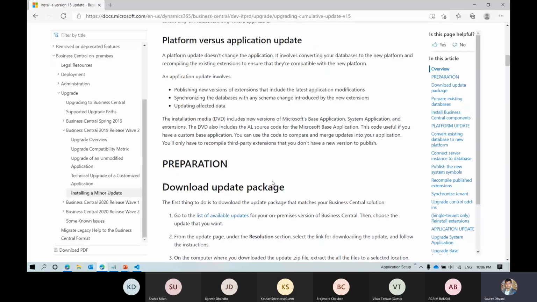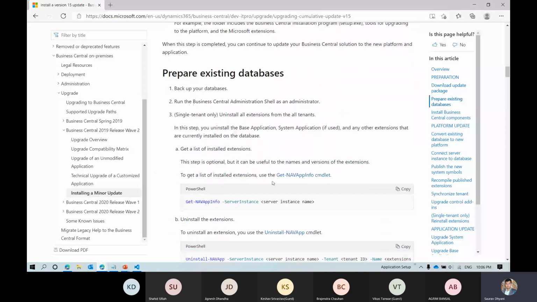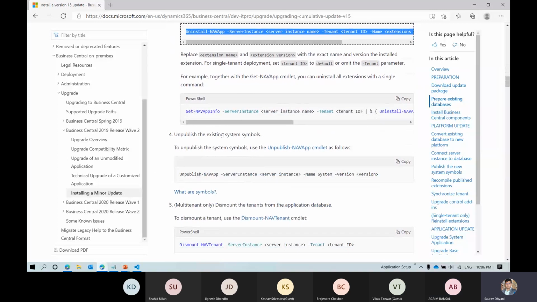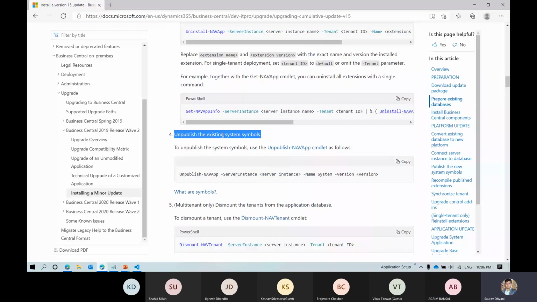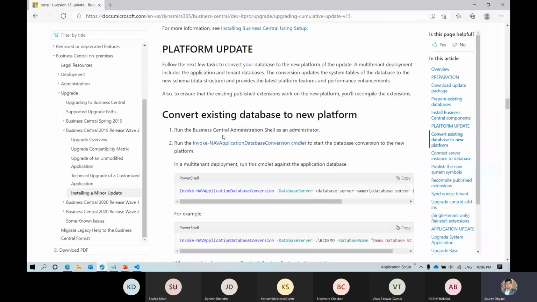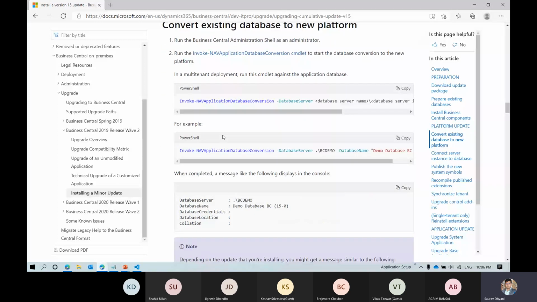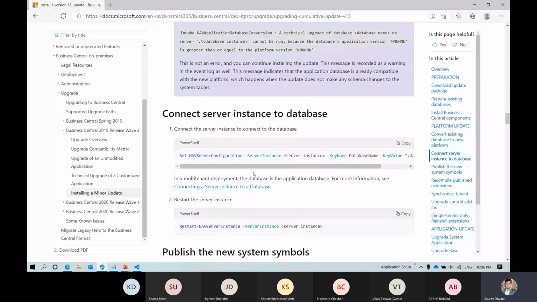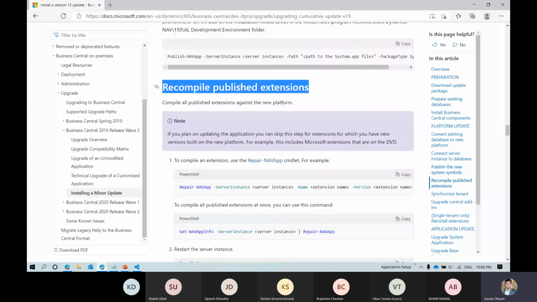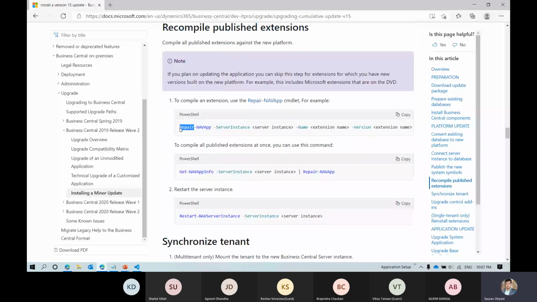Okay, so if you also followed whatever I have written or what Microsoft has written, the way it works is you uninstall all the extensions, which is pretty simple. Then you unpublish the existing symbols, which are the system symbols. Once they are done, you stop the services, you do a technical conversion of the database, which is simple. We always used to do it in the past. Then you connect it to the new service, publish the new system symbols, which are available with the new cumulative update of that version. Then you recompile and publish the extensions, and